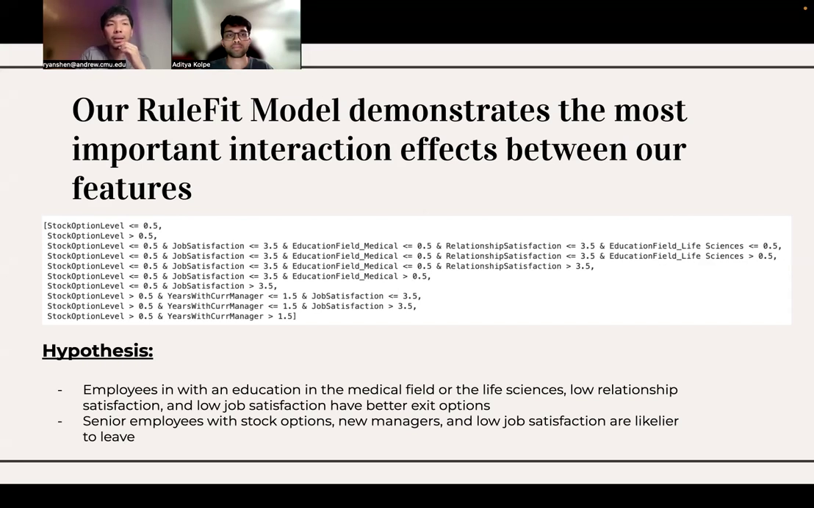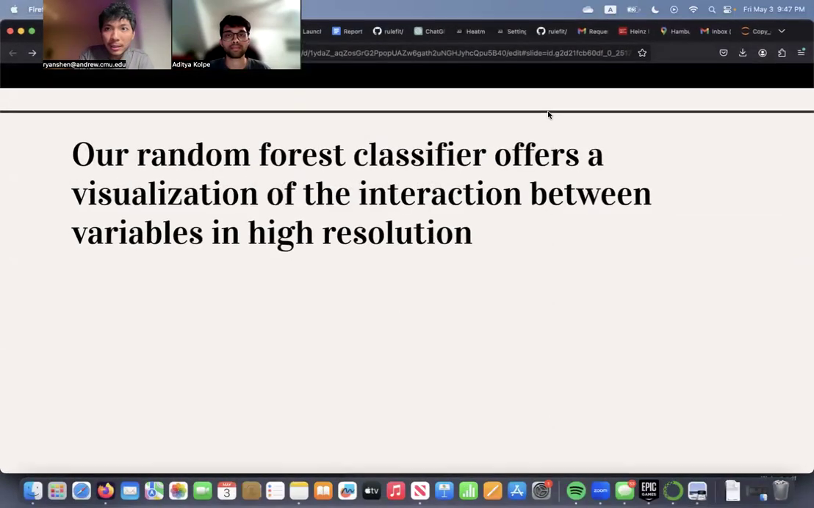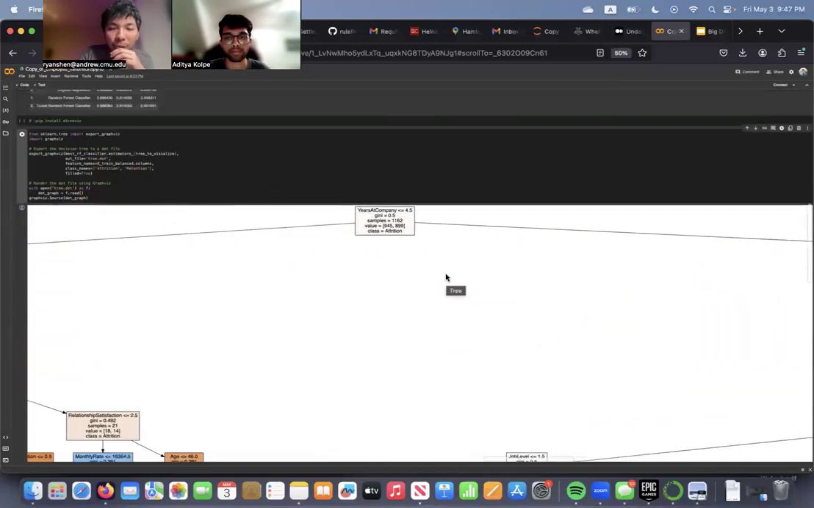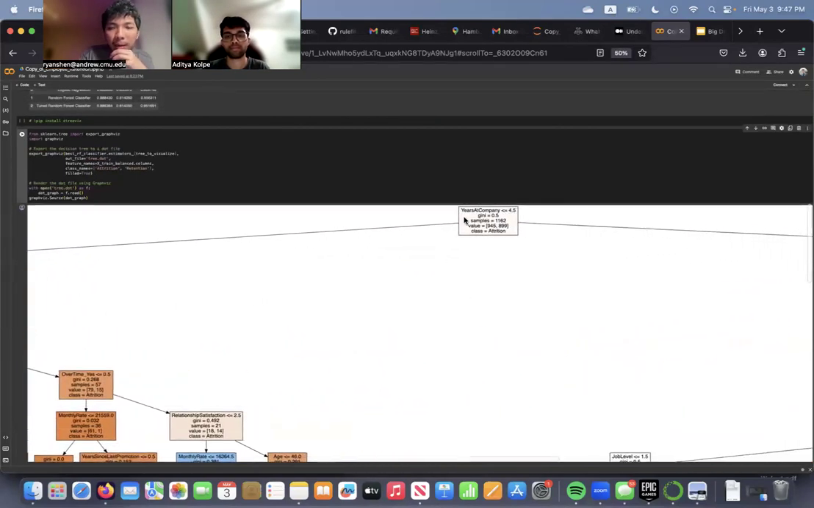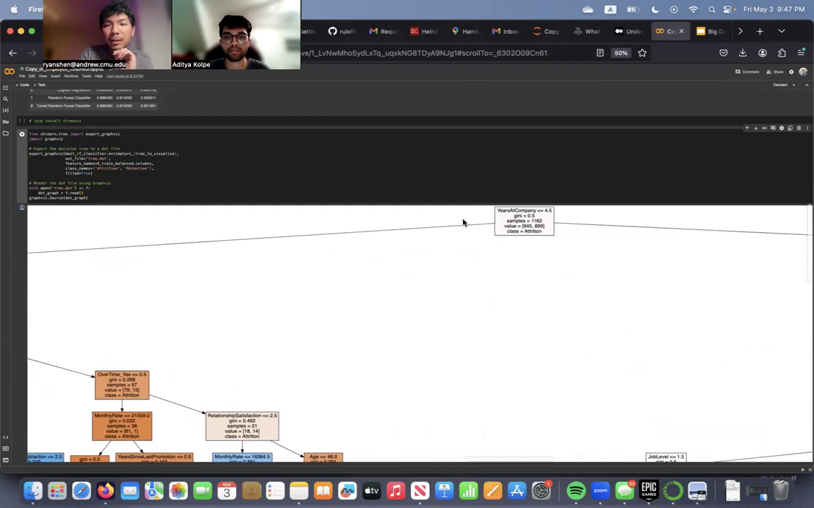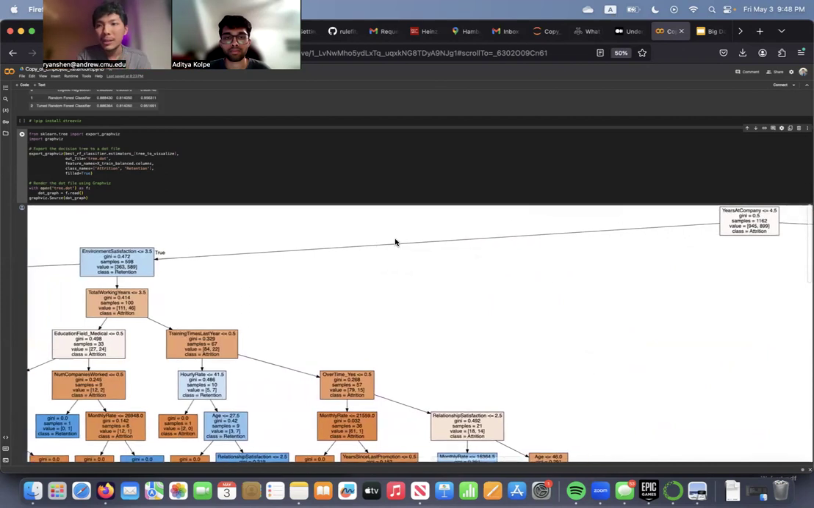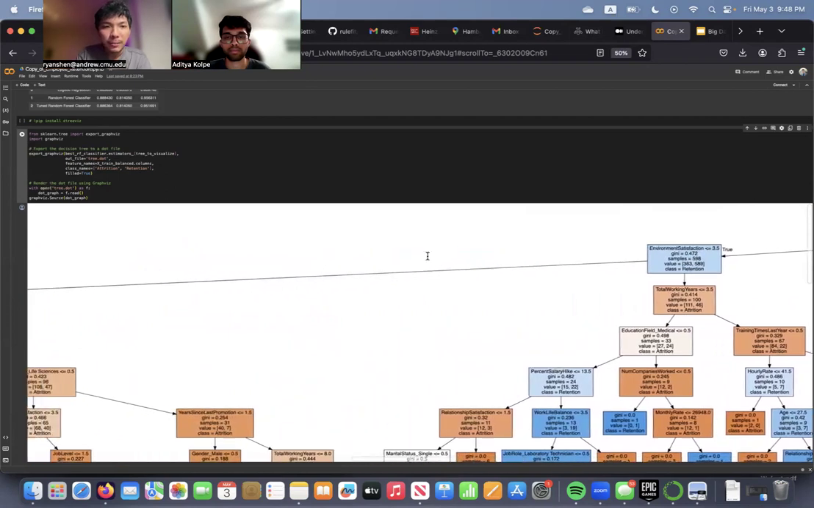But we can get greater resolution into how these features interact with each other by looking at a random forest directly. So we will see that briefly in this notebook, where we've actually visualized a random forest. So let's say that you have a junior employee who spent less than 4.5 years at the company. Because all these features are evaluated sequentially, if they do in fact have less than 4.5 years at the company, if they have good environment satisfaction,